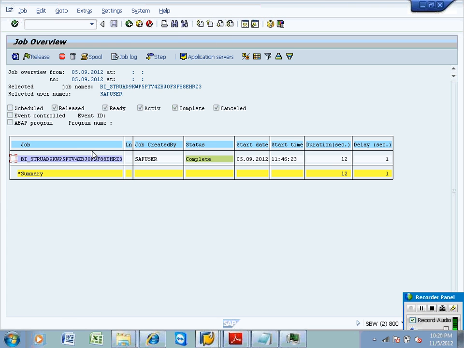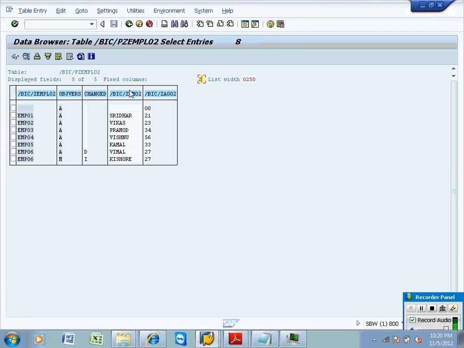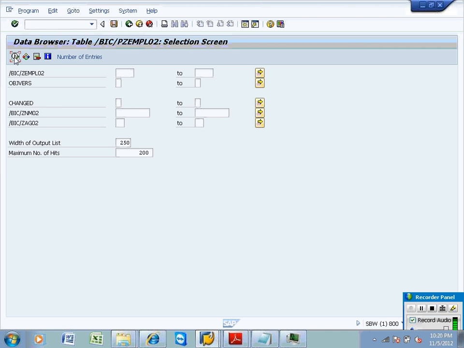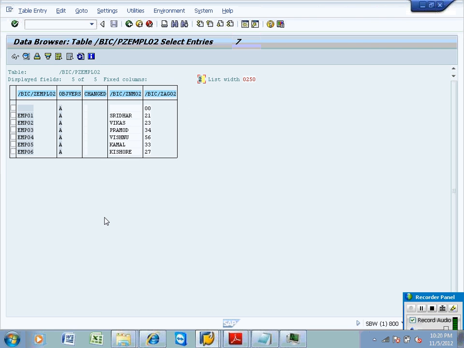I'm running the ACR underlying job. The underlying job is completed. That's the reason the table has been modified. Okay, so go back to the table and again execute. Do we have the M record? The M record is converted into an A record and the deleted status one.